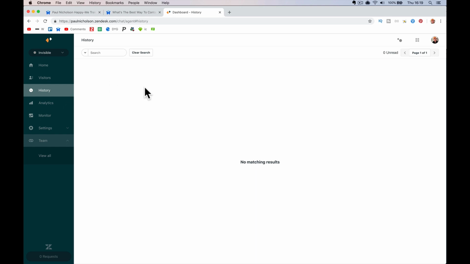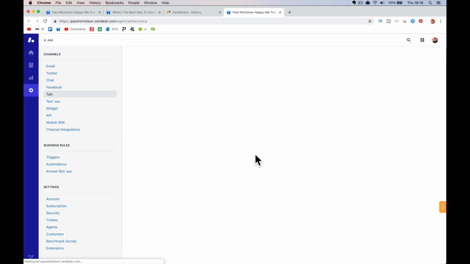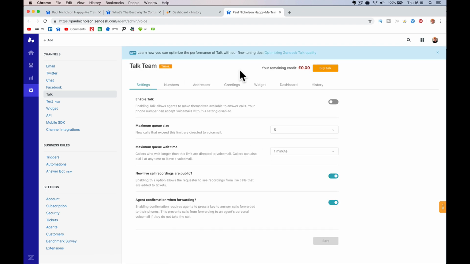But it's a really cool feature. If you've got some sort of launch going on and you want to talk live to people, you want to see where they've come from, it's a really cool function. Talk is, I don't use this. I did do the trial. I think it'll say your trial's finished. But this is where you can,